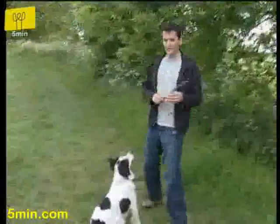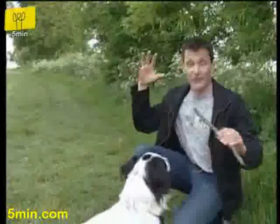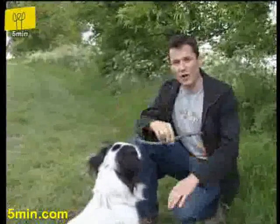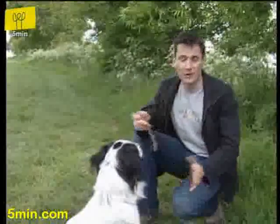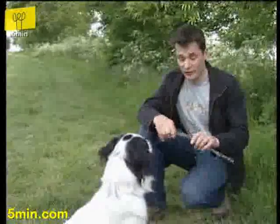Now, one of the most common ways that dogs can be injured from chasing a stick is if the stick lands and rotates and they run onto the stick because they're very enthusiastic. They run on and they get impaled on the stick, and that can be really, really serious. If that happens, obviously you need to get your dog to the vet straight away because it could be a very serious injury. But there's another kind of stick injury which there is something you can do about,